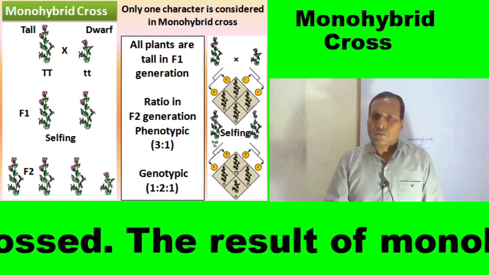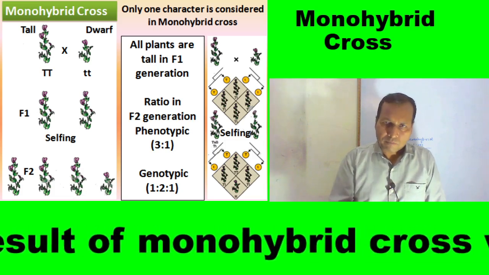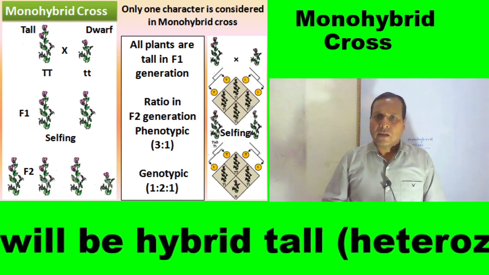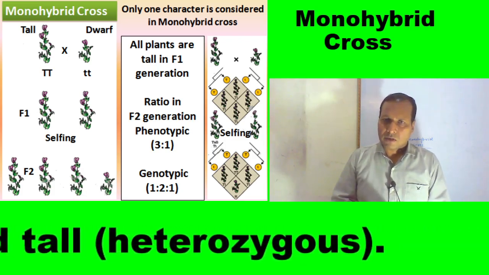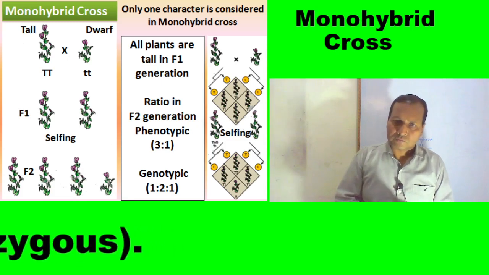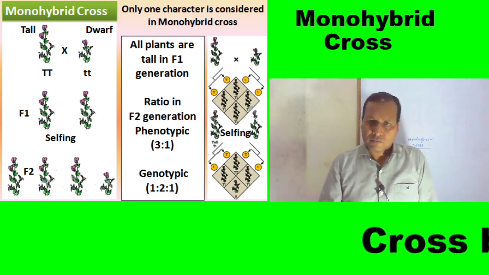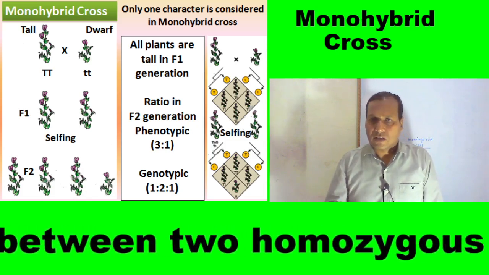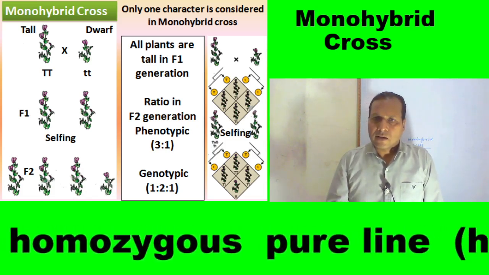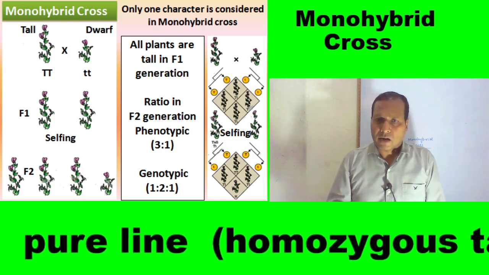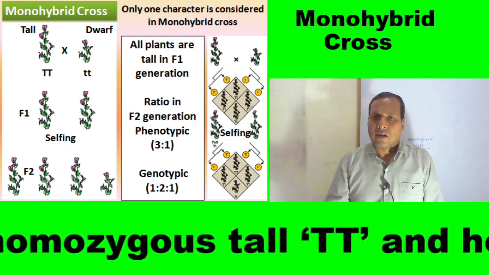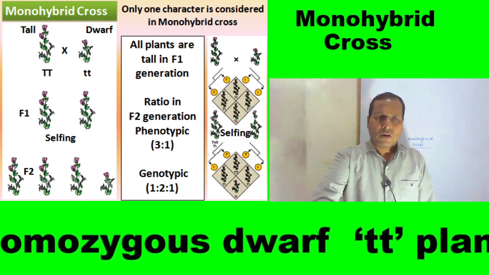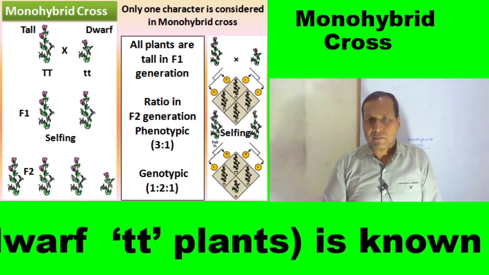So from dwarf we obtain dwarf plants, and from tall we obtain tall plants in each and every successive generation. Then this type of product will be called pure line. So Mendel first established pure line, and pure line has been preserved for further experiment. He produced pure line, and from those pure line plants, seeds were collected and preserved for his experimental process. Now, first of all, the first experiment of hybridization